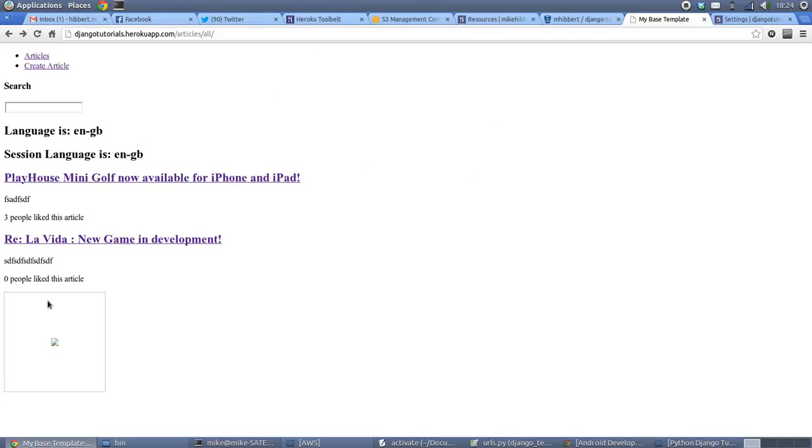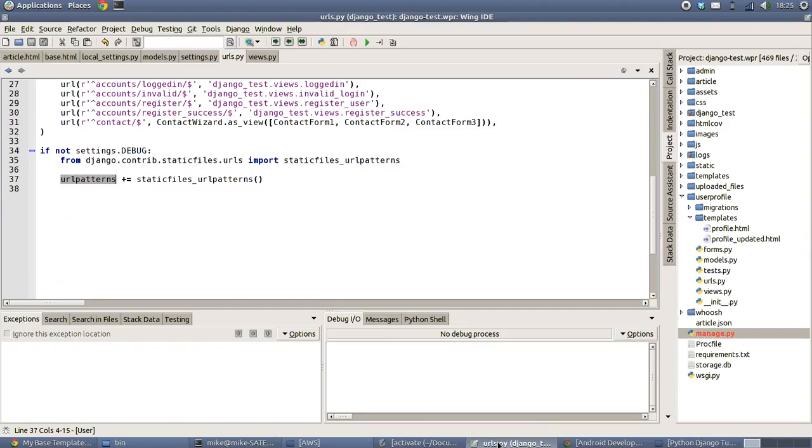You'll notice there's no CSS formatting and no images or anything like that, and that's because we've not put our files onto the S3 servers. Now, if you've updated your activate and reactivated your environment variables, then the next stage of this should be relatively simple, because we've got a little bit of an update to do to our settings,